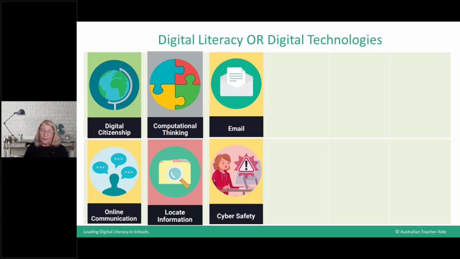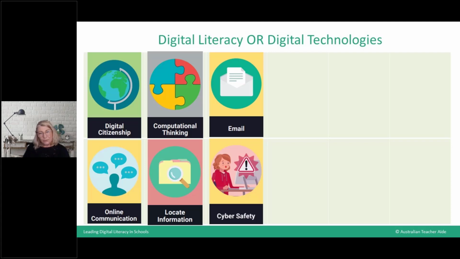So what I'd like you to have a look at now, and if you're there with somebody else, please have a conversation, is in these 6 cards, which ones do you think would be addressed as an element of the digital literacy general capability? And which ones do you think would be taught explicitly through the digital technologies curriculum? So just make yourself a little note on your worksheet about which you think each of them are,